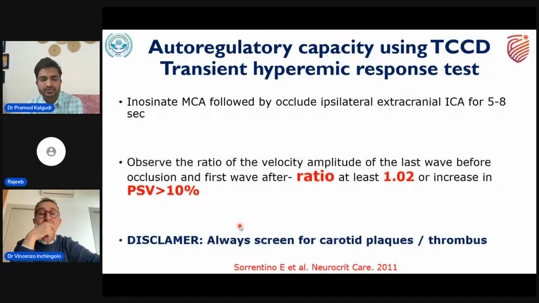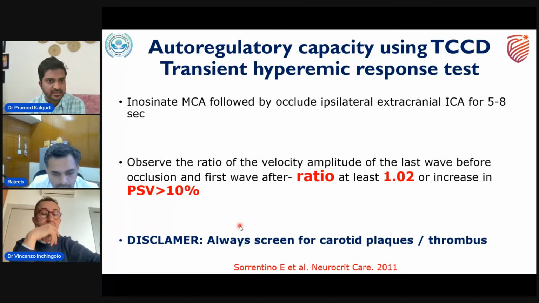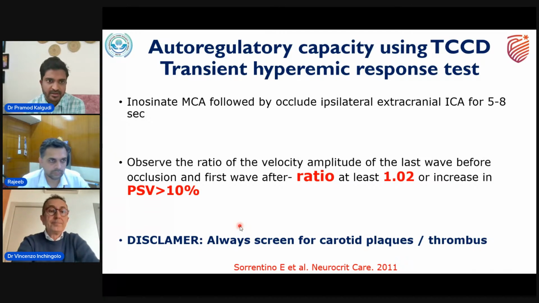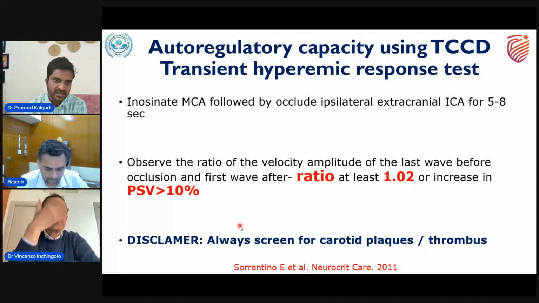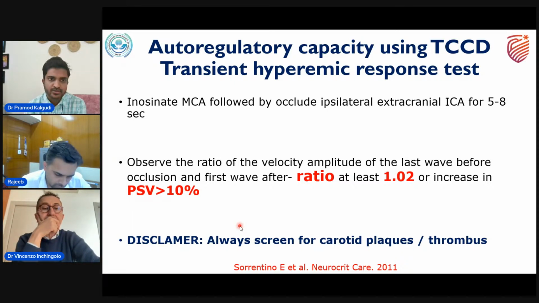Apart from using it to screen for dissection, it can also be used bedside to assess the autoregulation capacity, that is, to do autoregulation tests. One of the tests is the transient hyperemic response test. This test can be done bedside using the MCA flow velocities. So you need to insonate the MCA velocities throughout this procedure. Once you insonate the MCA, you occlude the ipsilateral extracranial